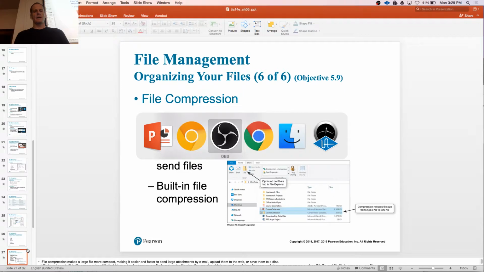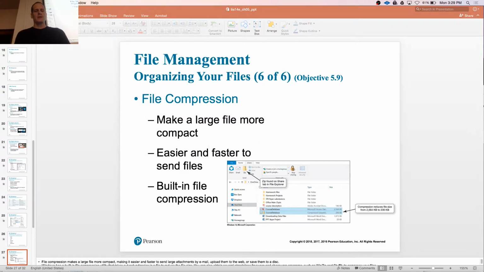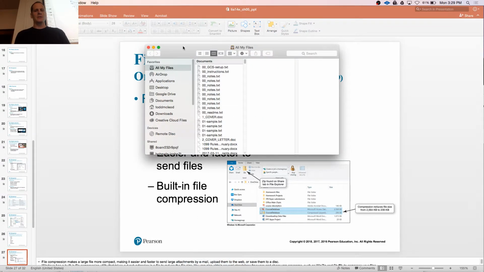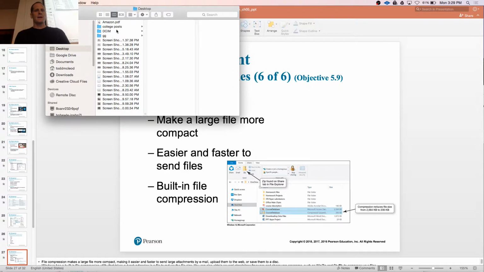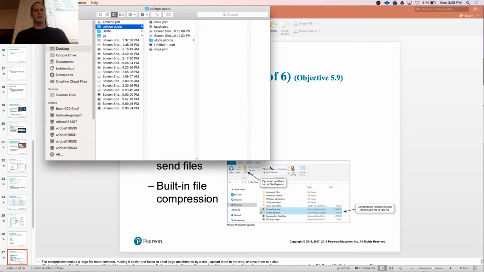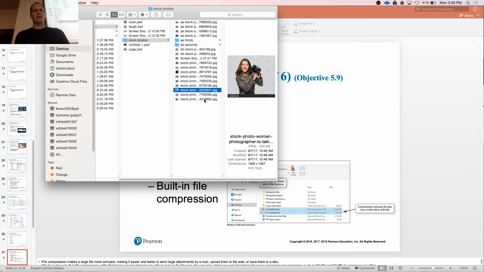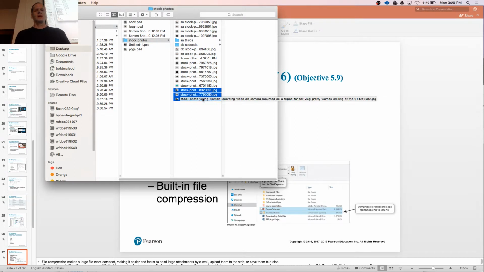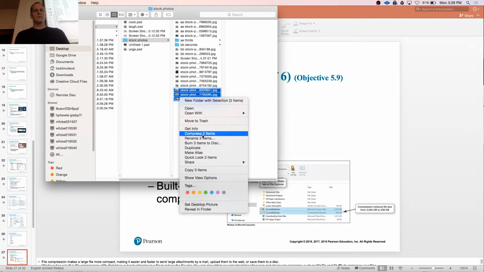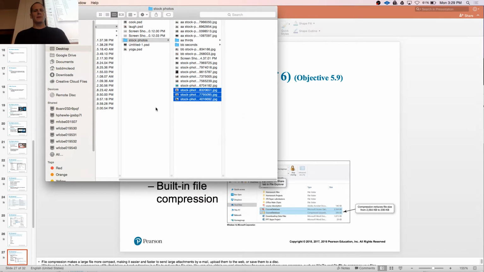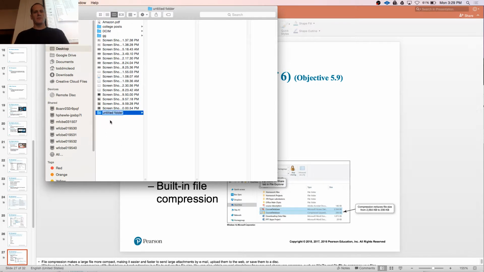Also good to know about is file compression. So let's say I had a bunch of images, and I do happen to have some images here because I was doing some research for stock photos. So let's say I want to send these images to a friend. Right now, each of these images, let me just copy them. Copy, copy, copy 3 items. I'll put them in a new folder, temp, drop them in there. So right now,